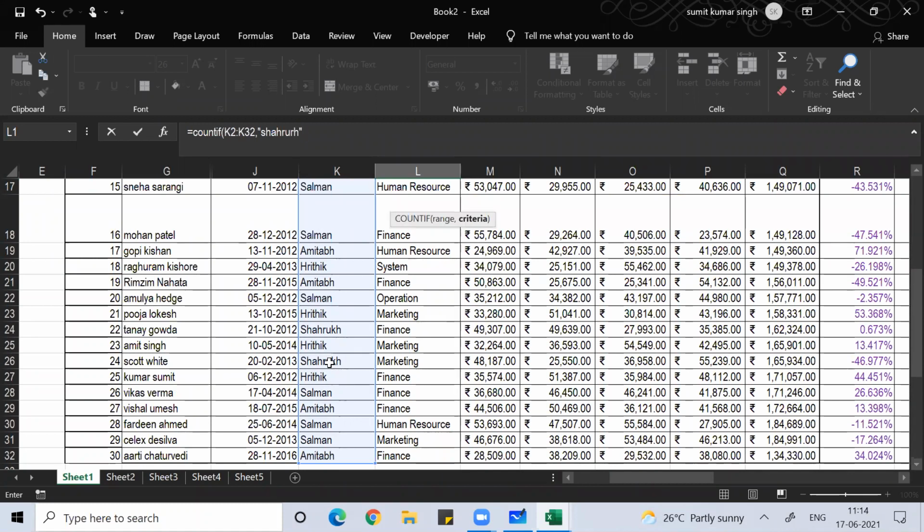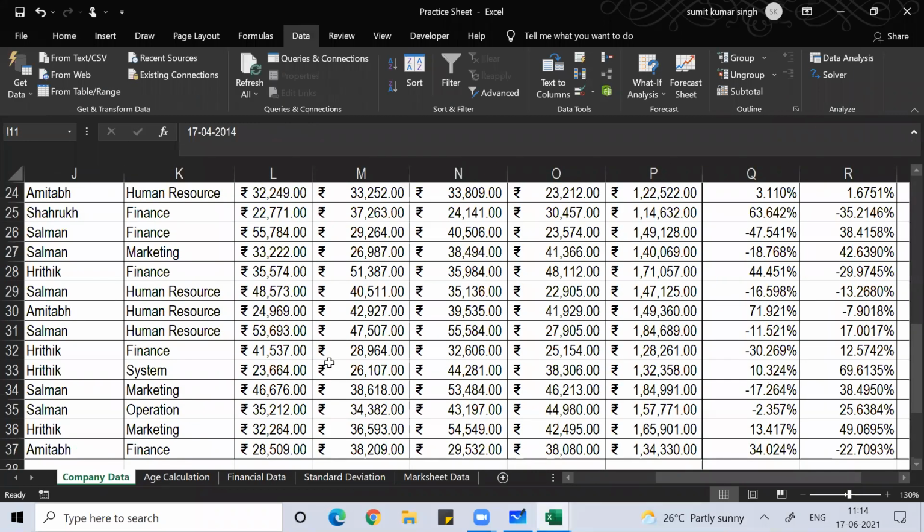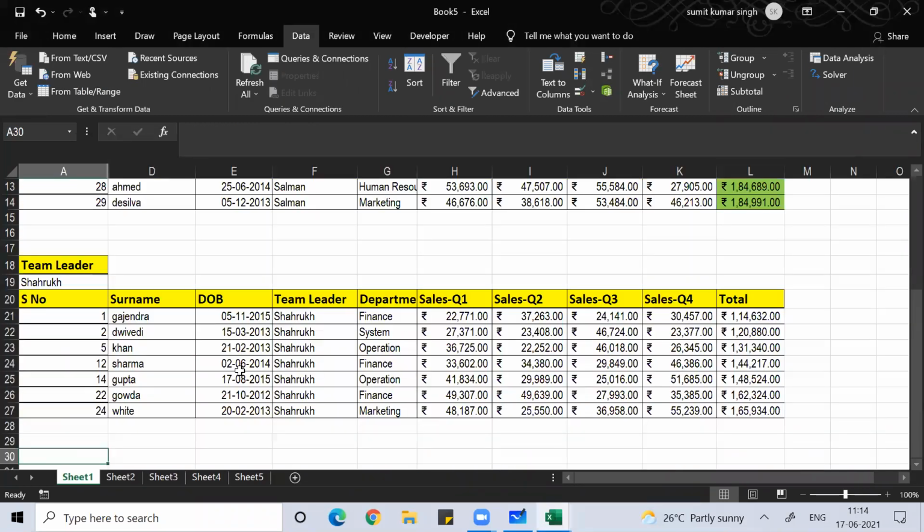Close bracket. The Shahrukh spelling is wrong, so clicking is a better way. Close bracket, enter. You can see 7 people are there under Shahrukh. You can count it: 1, 2, 3, 4, 5, 6, 7.